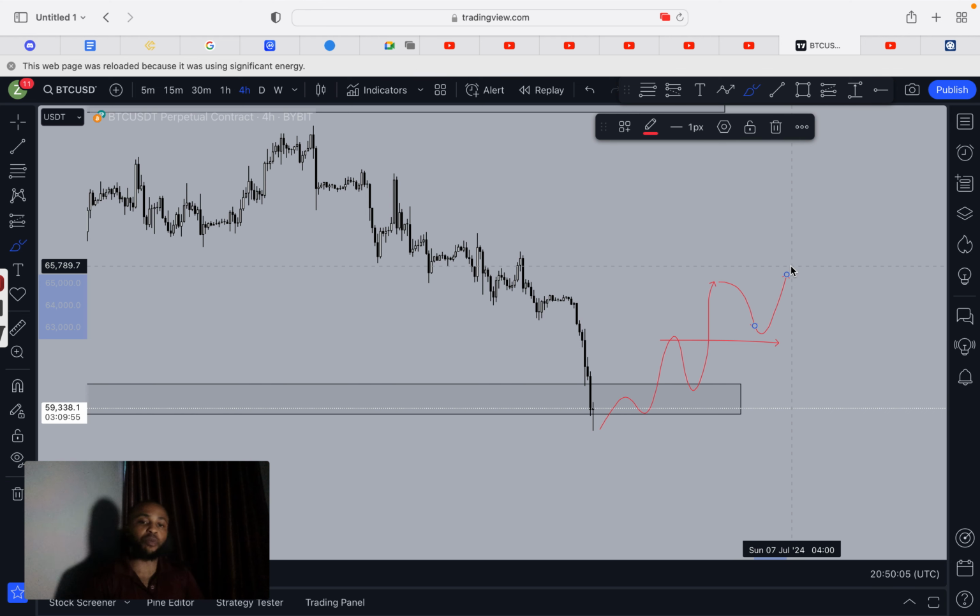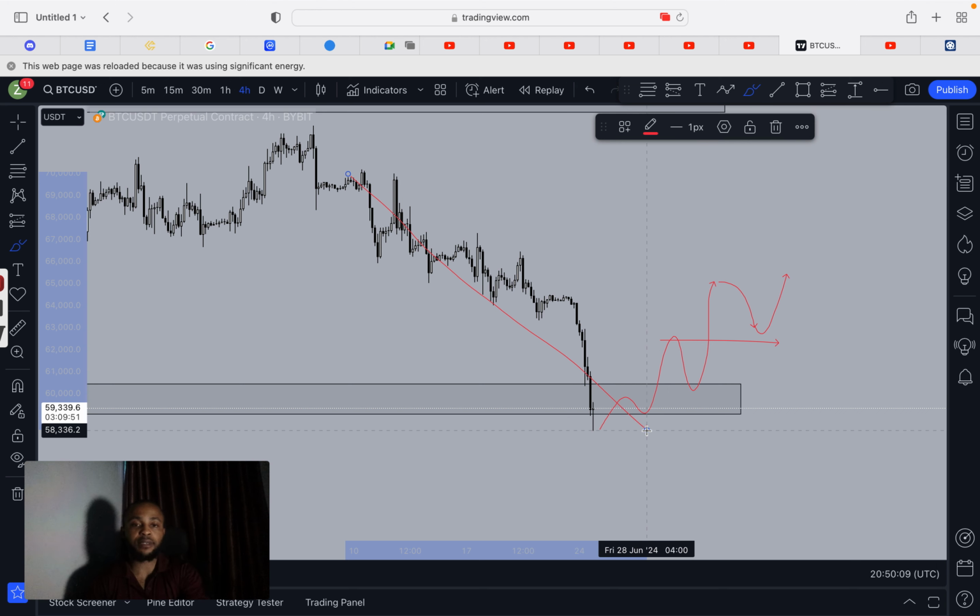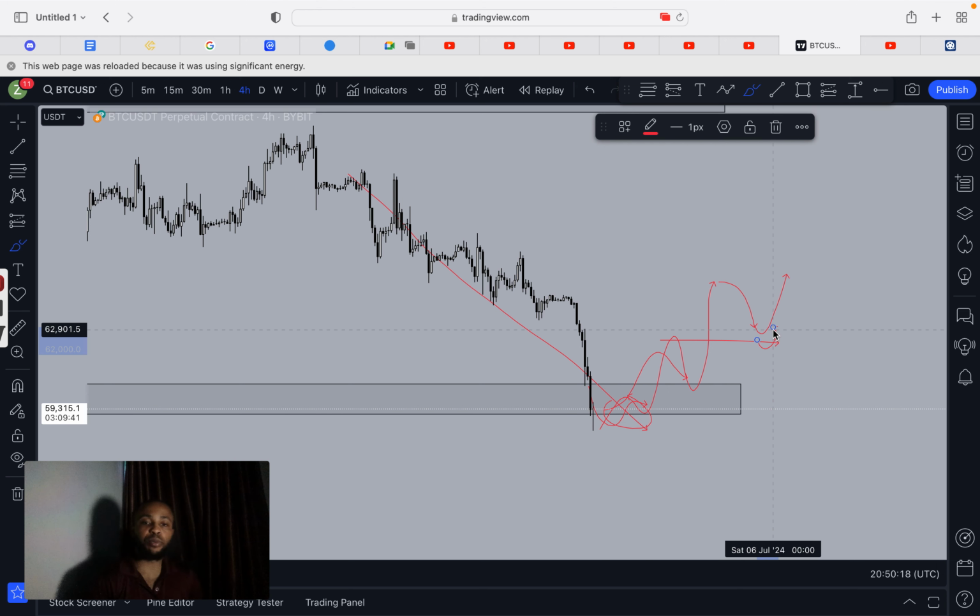At the moment you can see we're in a downtrend. We have to wait to see that reversal, because we're into a level of support. Wait to see the reversal before we get into the trade. So I'm just going to keep looking at the chart, and if anything starts to develop, I'm going to let you guys know.